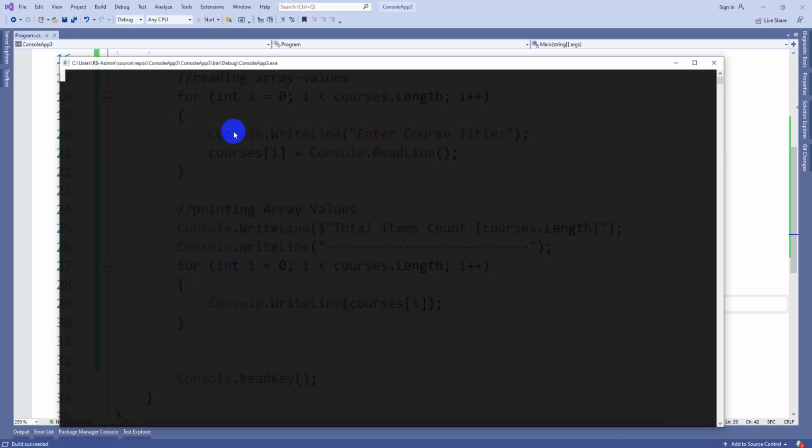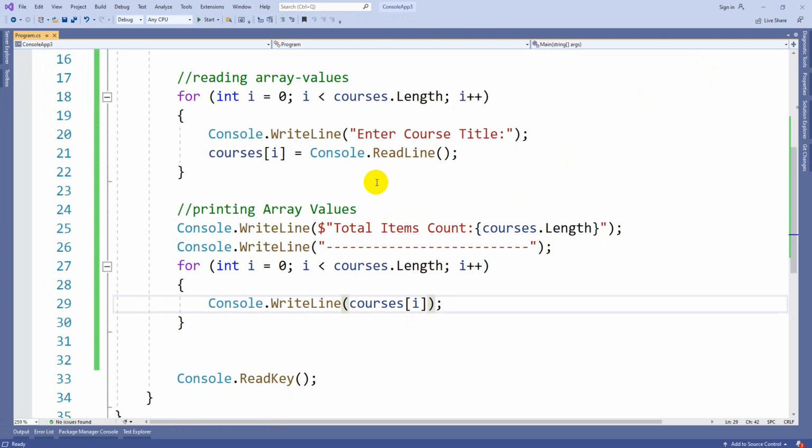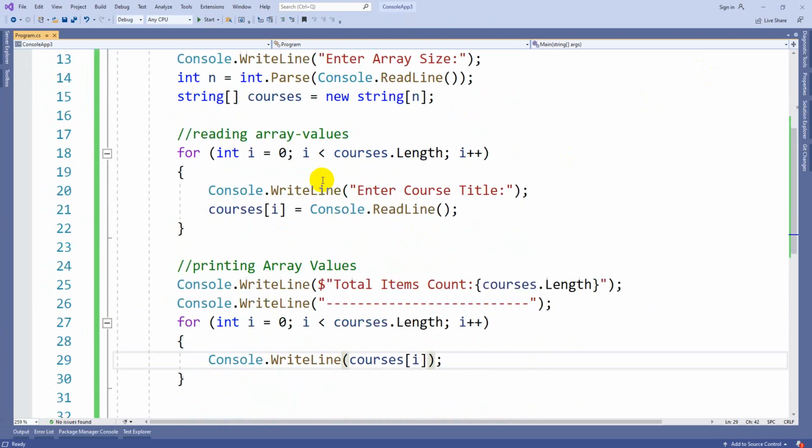Now if I execute, I am giving the items count is 3, Java, C#, .NET, Python. You can see you will get total items count is 3 and the values are like this. Okay. So this is the regular functionality, nothing new here. Even from C language we are doing the same thing. Here additionally you can do two things. Let me cover that. Here you can make the items in an order. You can arrange the data in an order. So let's see how it is going to be.